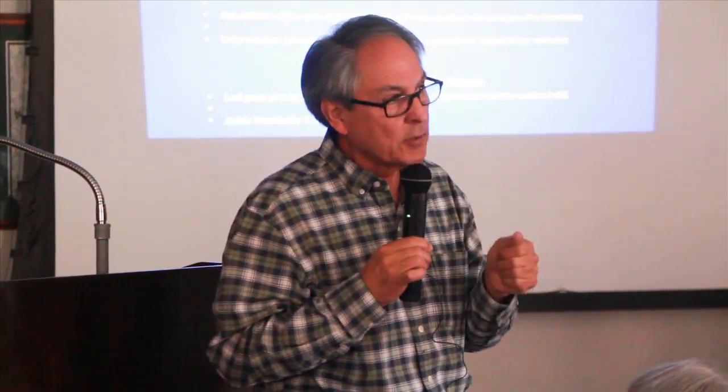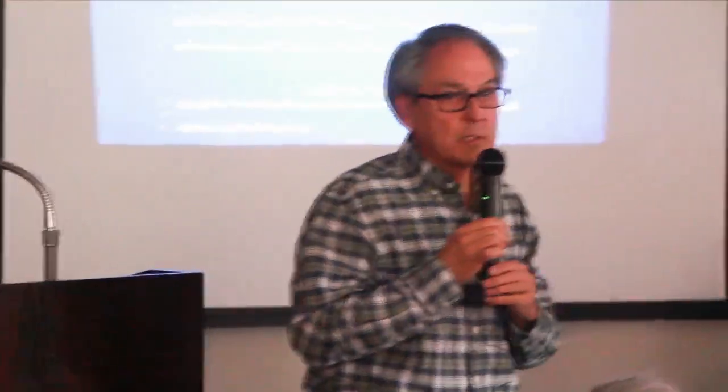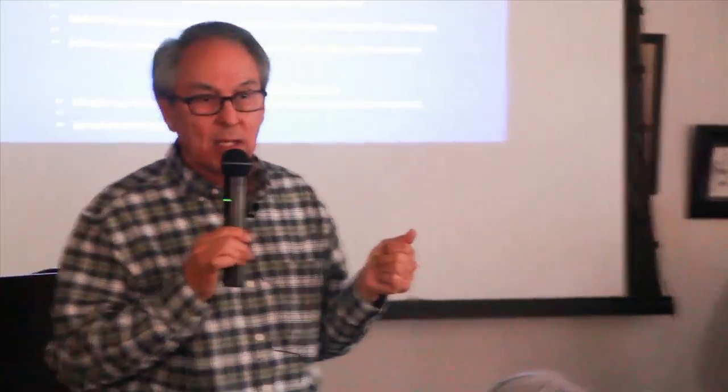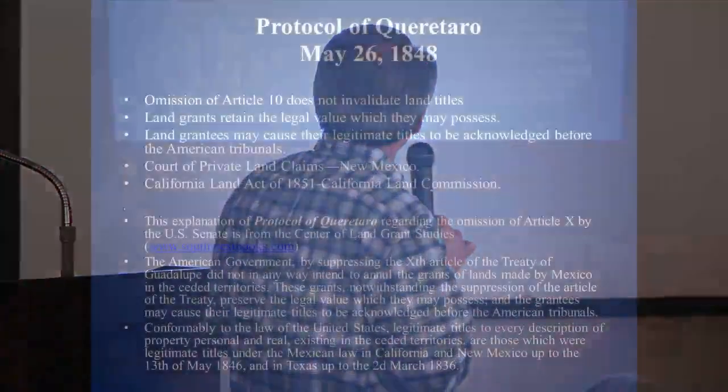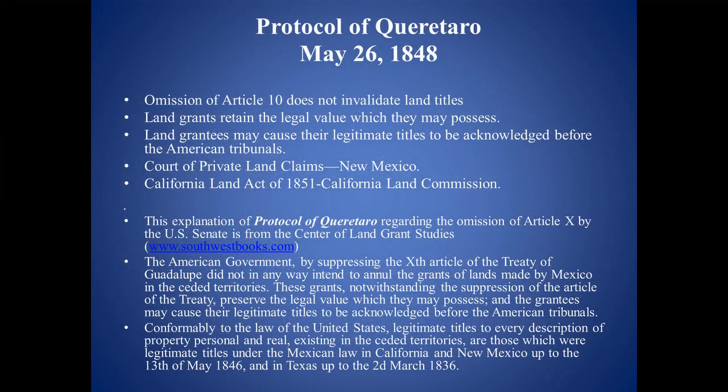And it's really interesting to read his journals about the takeover in the Tierra Amarilla land grant. In fact, there's a really good book out called Juan Bautista, the Land Grant, because a writer talks about what Reies Lopez Tijerina did during the 1960s. Let's go ahead, Bill. And this talks mostly about the Protocol of Querétaro. And my computer doesn't have accent marks, so you're not going to see the accents on some of these words.